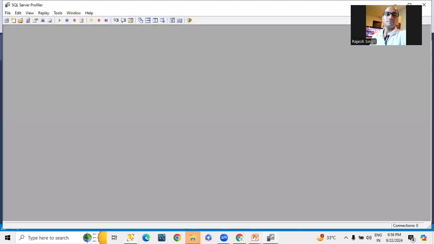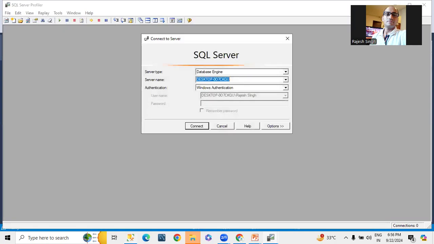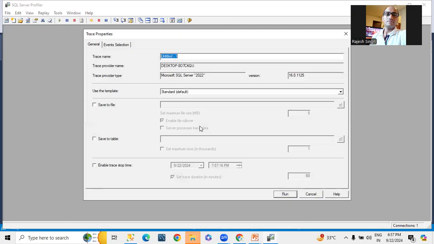Okay. So what is the agenda now? I have to execute a profiler, and today simply if any procedure or query is running more than 1 minute, we have to filter it out, so that tomorrow we get to know which procedure is the culprit, and I will hand this procedure over to the application developer team, or we can also start working on the tuning part. Okay. So let's get started with this SQL instance. I'm connecting to it.